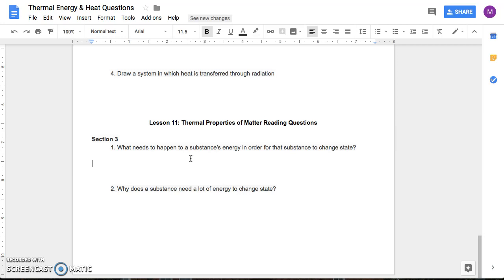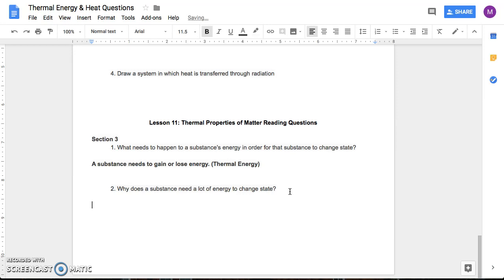Something has to happen. So the answer to this question is that a substance needs to gain or lose energy. In order for something to change state, to go from one state to another, that substance needs to gain or lose energy. Specifically, we're looking at thermal energy. It's got to gain or lose energy, specifically that thermal energy. So that's number one. And when we look at number two,